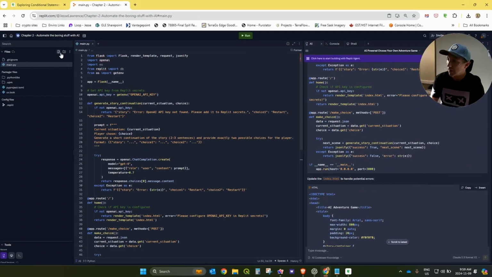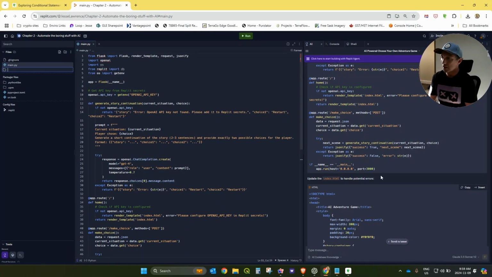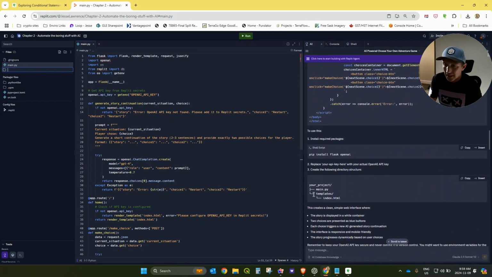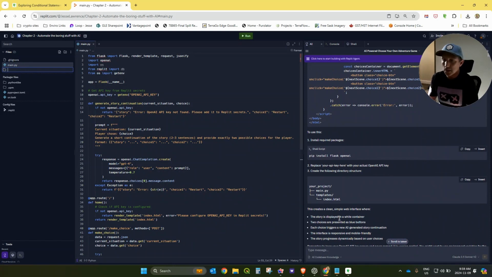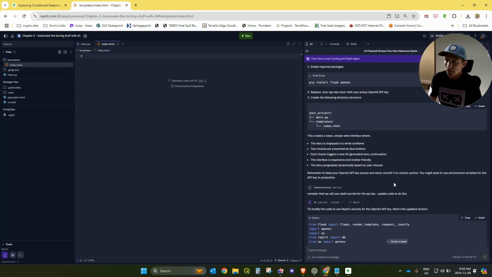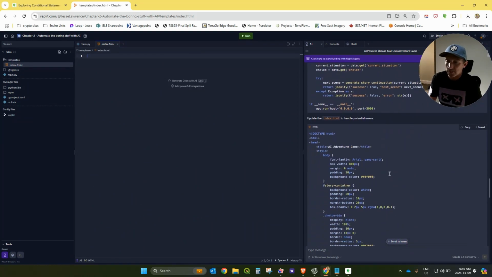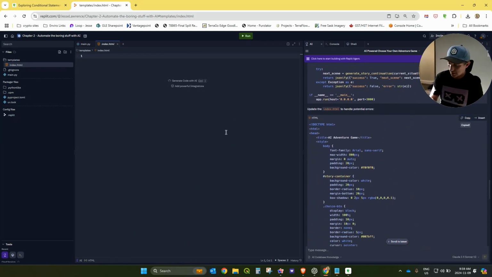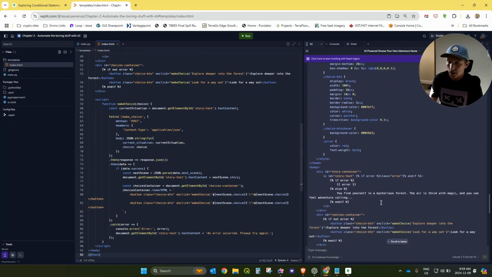We're going to create a new folder called templates, and add a file to that called index.html. My index.html file is going to look like this. Copy and paste it in.